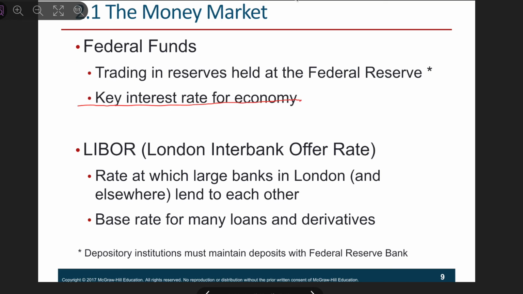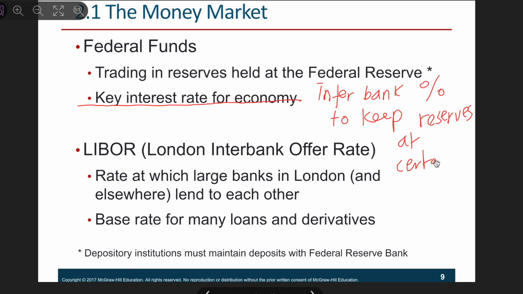and that becomes the key interest rate for the economy, right? So it's the interbank interest rate to keep reserves at a certain level. So for example, 10%. To keep that 10%, you have to borrow, and sometimes you have leftover, you can lend it, right? And in the interbank transaction, the short-term interest rate is calculated, and that interest rate becomes our base interest rate